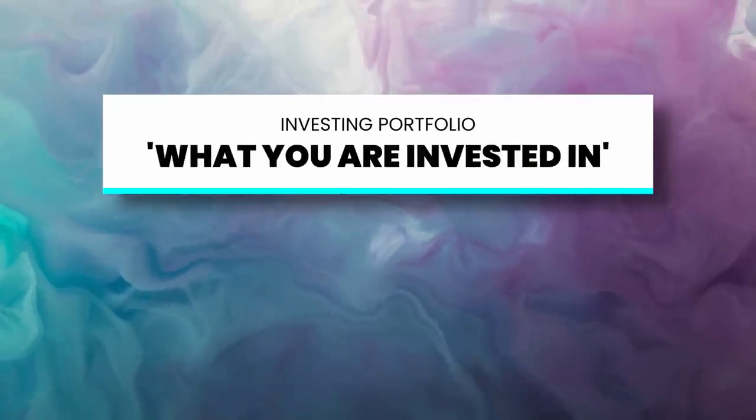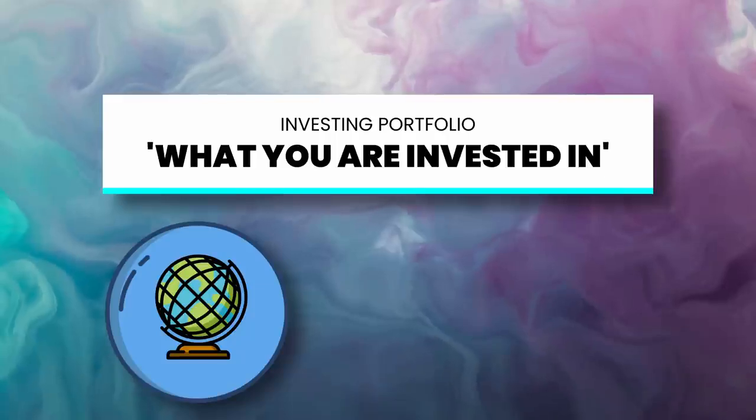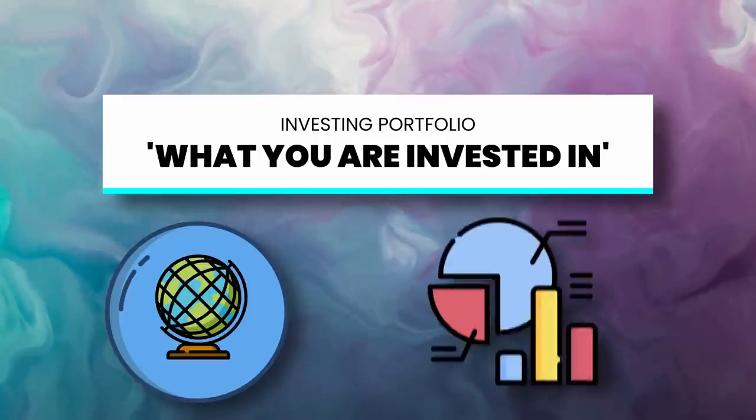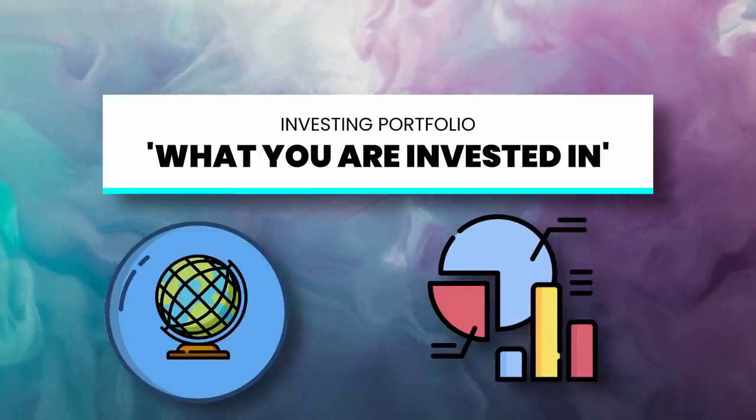Anyway, first off, an investing portfolio is just a really fancy way of describing what you're invested in. You could have a really simple portfolio with just one type of investment in it, or you could have a really complicated one with hundreds of different things, including stocks, gold, bonds, Bitcoin, and even a rental property. Let me say this now and be really clear. A complicated investment portfolio does not mean a better portfolio. Just because someone has lots of different things in their portfolio will not make them instantly better than someone who keeps it simple. In fact, it's usually true that the simpler you can make things, the better you end up. But I'll touch on that subject a bit later when we get into the details.